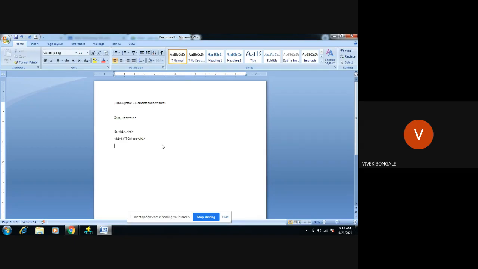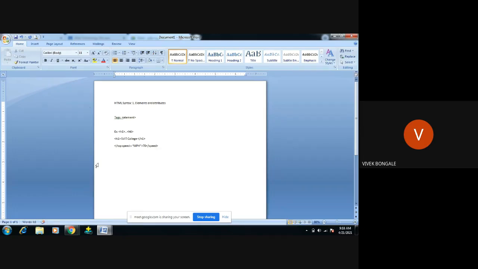There we used one attribute, top speed equals something mph, and then we close it. So this is the statement we saw yesterday in that program.